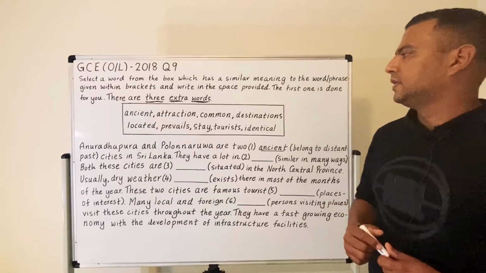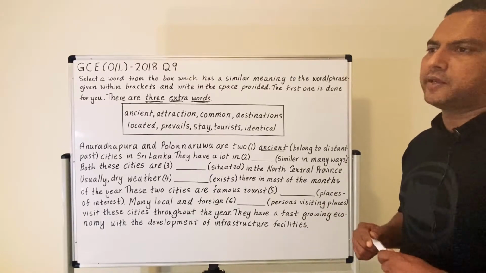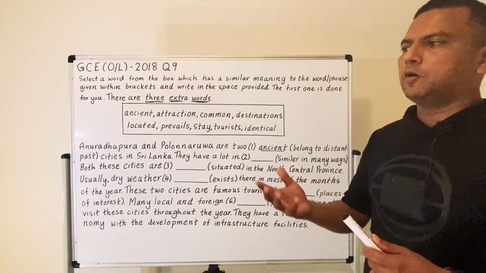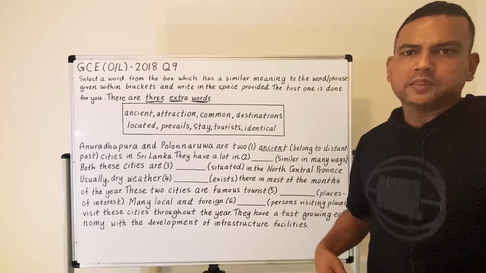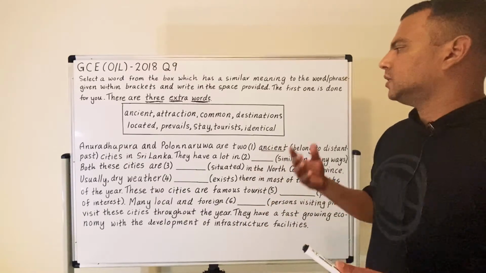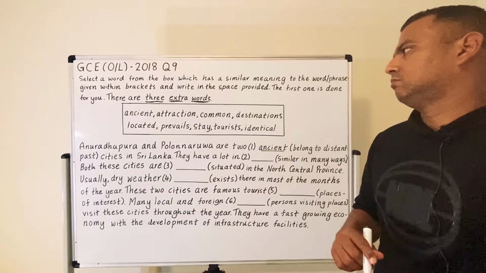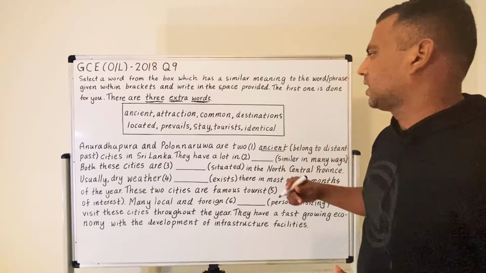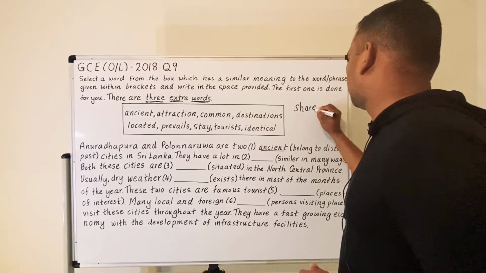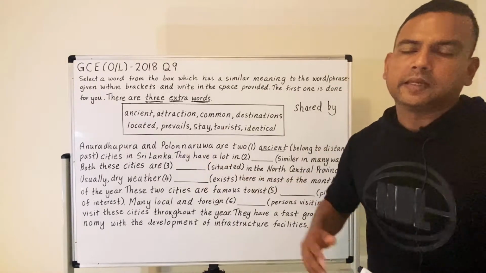Okay, the next word is common. So when you hear common, what do you understand? Common means something that you're probably sharing with somebody. So probably your friend has something which is very similar to what you have, and you can say actually I'm sharing something in common. Okay, so here as a synonym for common, I can think of a phrase rather than a word. You can say shared by. Okay, shared by. Okay, let's